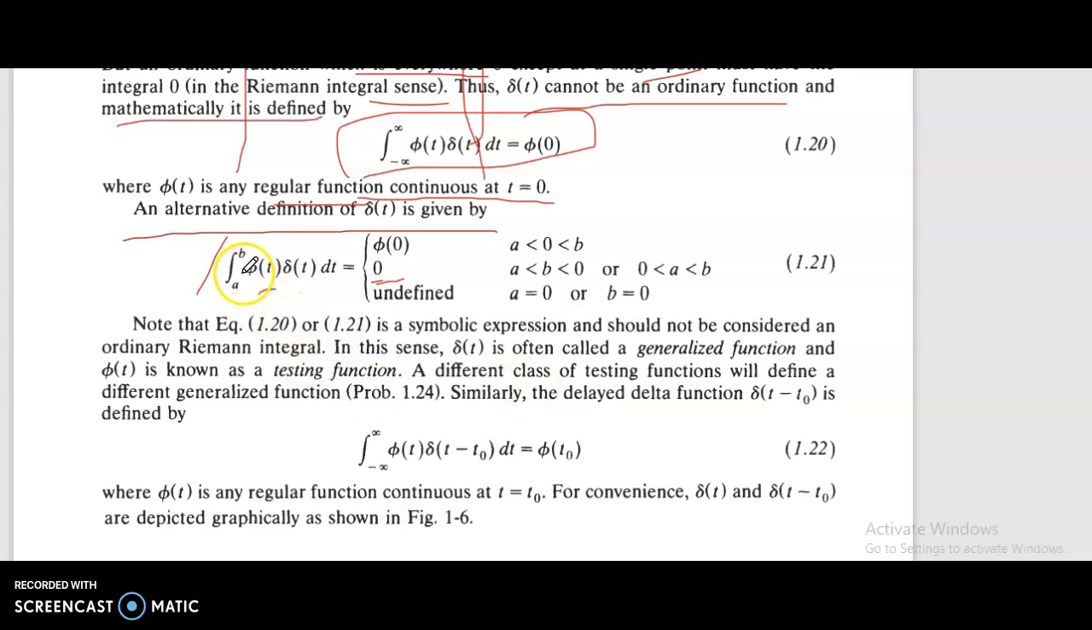Between a and b, the integral of phi of t delta of t dt equals phi of 0, with the condition that a is less than 0 and 0 is less than b. In this condition, the result is phi of 0. If we multiply